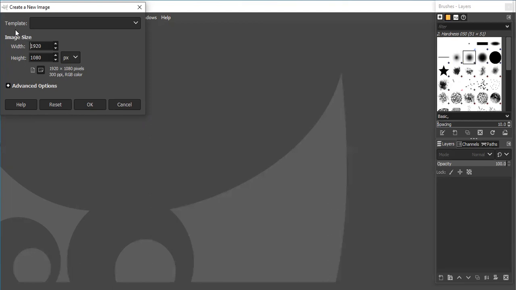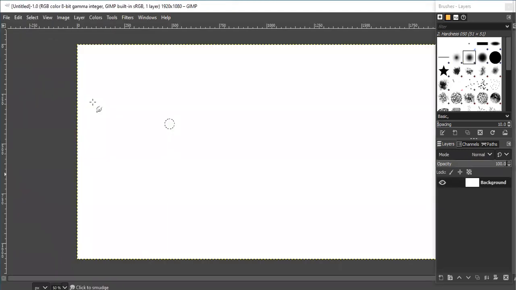In order to create a new image template, we will get this particular window. In this window, we should give the width and height. For example, I don't want to change any particular sizes. So see, you will get this particular window like this. Clear? Understood, children? So today we discussed how to create a new image window.